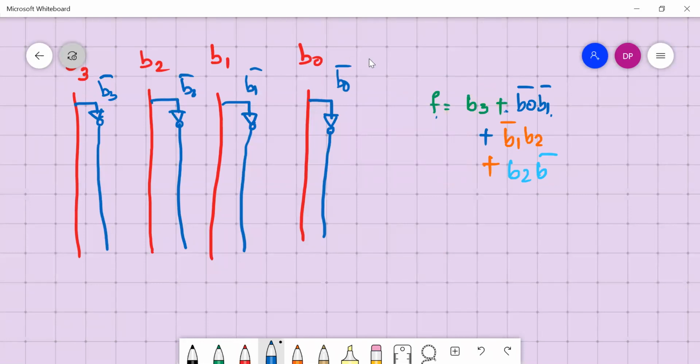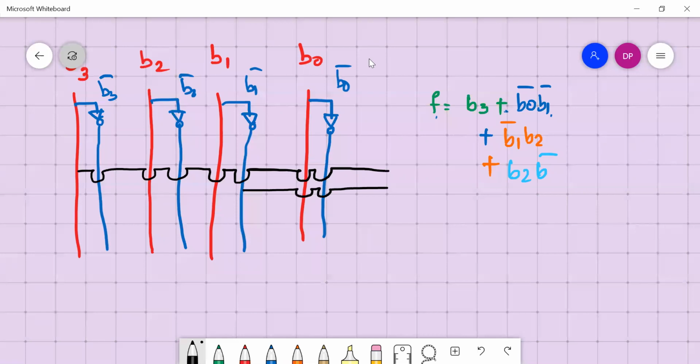So B3, you can take a line from B3. I'm making it for F; similarly, for a, b, c, d up to g, you have to make. For F, I take B3, then B0 complement and B1 complement. This is one term for the OR gate: the AND of B0 complement and B1 complement.